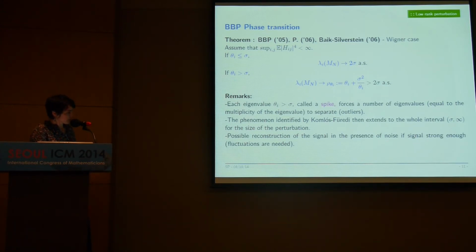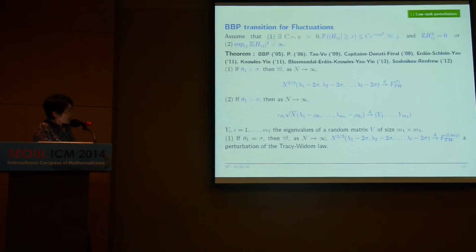So this result is especially interesting for application, say, to mathematical statistics, because this essentially means that we are able to detect a signal if the signal is strong enough, if the size of the perturbation is strong enough, by simply looking at the largest eigenvalues. But in order to build a statistical test, we need some fluctuation, and this is the object of this new slide,